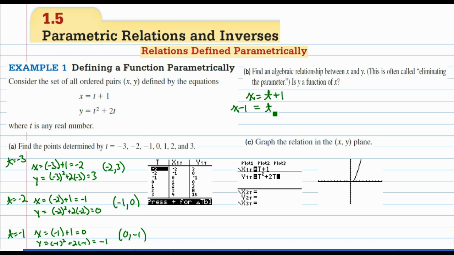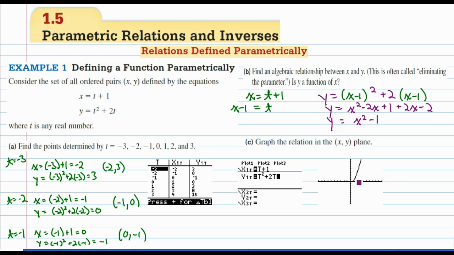Now I can plug in x minus 1 for each value of t in y. So y equals, not t anymore, but (x minus 1) squared plus 2 times, again not t, but (x minus 1). So I can see that I do have a parabolic equation. I can expand that out. So now that we know what this graph is supposed to look like, y equals x squared minus 1,